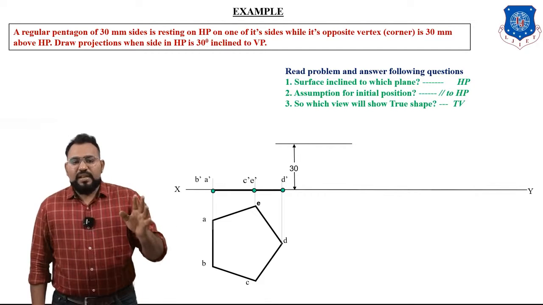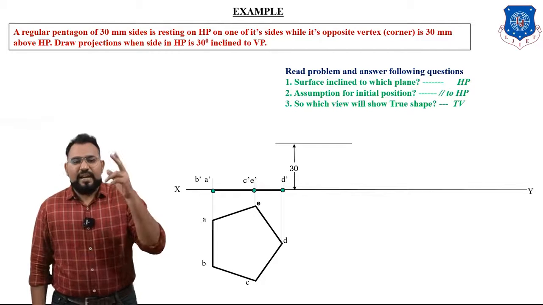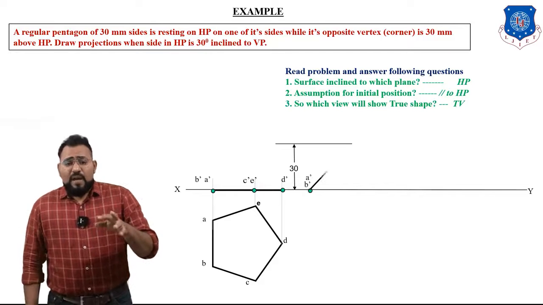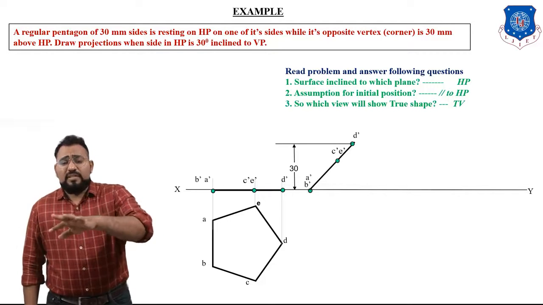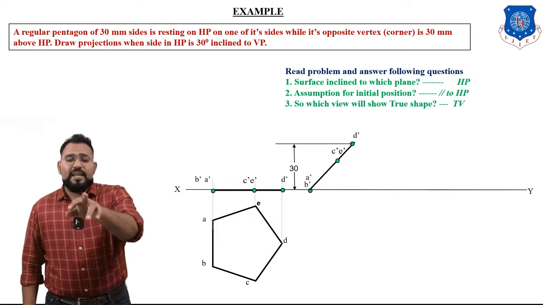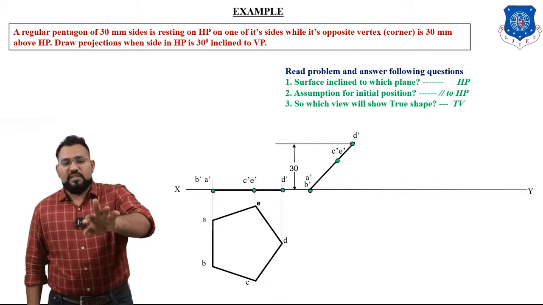Now go to the first stage, see the front view, take a divider, take a dimension equal to A dash, B dash, D dash, and now with A dash, B dash as the center, put an arc on this 30 mm wall line. Wherever it intersects will be point D dash. Connect A dash, B dash, D dash and you will get this line which you can see on your screen.